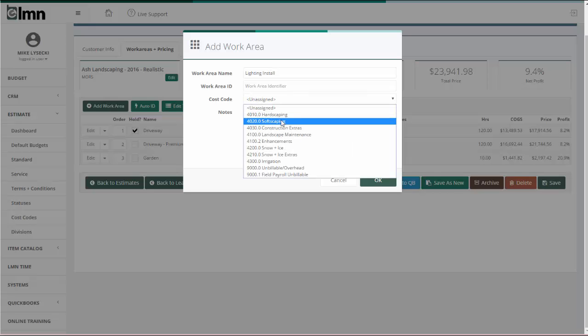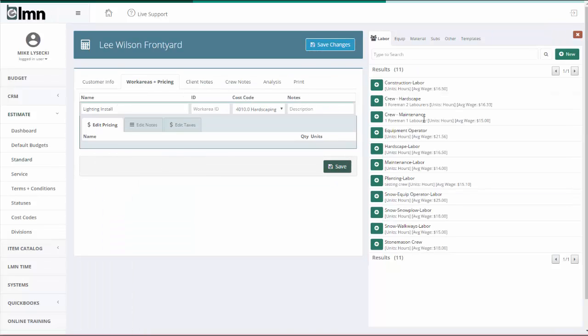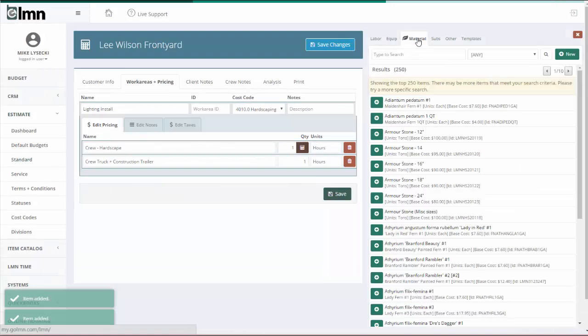And we'll pick our cost code and we'll hit OK. Now, rather than spending time doing all the fixtures and calculating, so we're just sort of feeling a client out for an upsell or budget, I'm going to add a crew. I'm going to add equipment. And then on the material end, instead of going through and picking all my fixtures and wire and transformer or